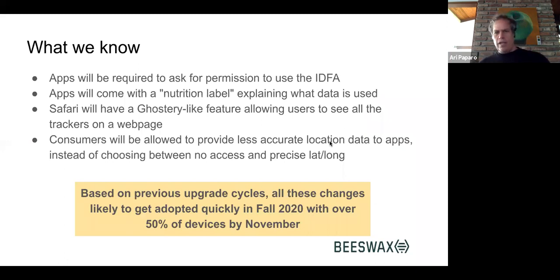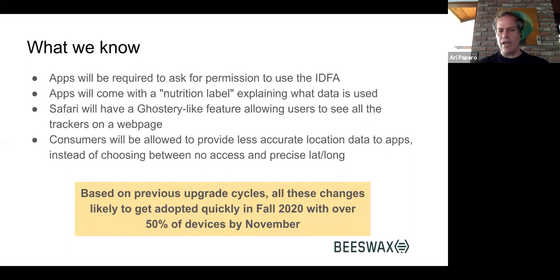All right, this is what was announced. This shouldn't be new to anybody, but there were really 4 parts of the announcement at WWDC as related to privacy and related issues. The foremost is that apps are going to have to ask for permission to use the IDFA, which is used very extensively in advertising currently. The IDFA, I assume everyone knows what it is. It's the persistent identifier that is used in apps for advertising.